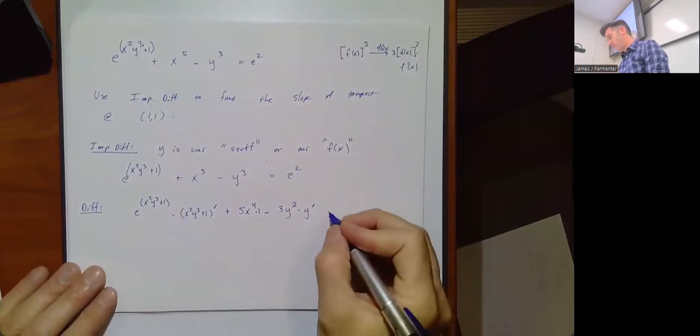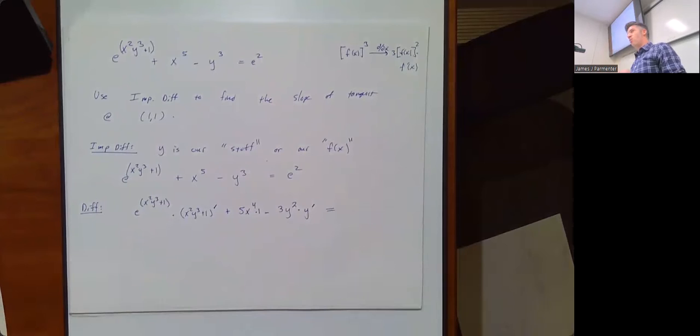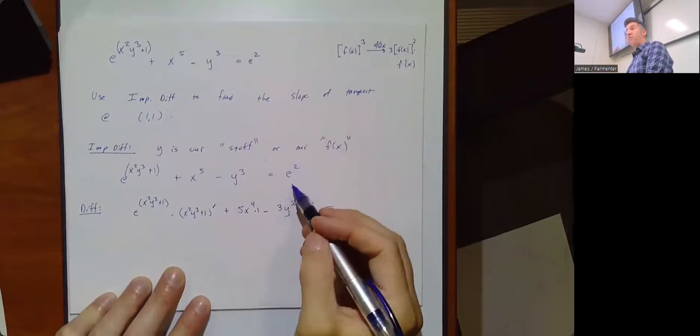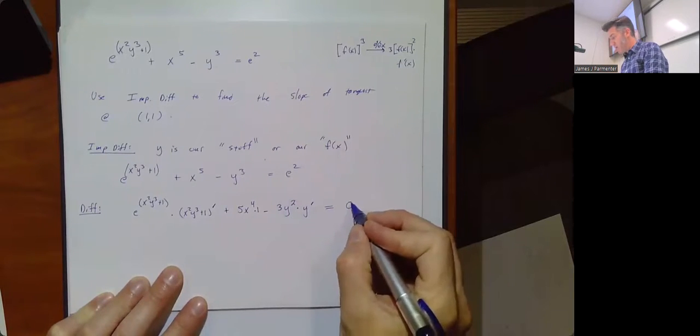Okay, here's the part that often throws a lot of people. What's the derivative of e squared? 0. So the derivative of e to the x is e to the x, but the derivative of e squared is a constant. Plug it into your calculator, you get like 7.8, I think. Close enough. If you graph e squared, it's a horizontal line at y equals approximately 7.8. And horizontal lines have what slope? 0. So the derivative of this constant that doesn't have any variables in it must be 0.